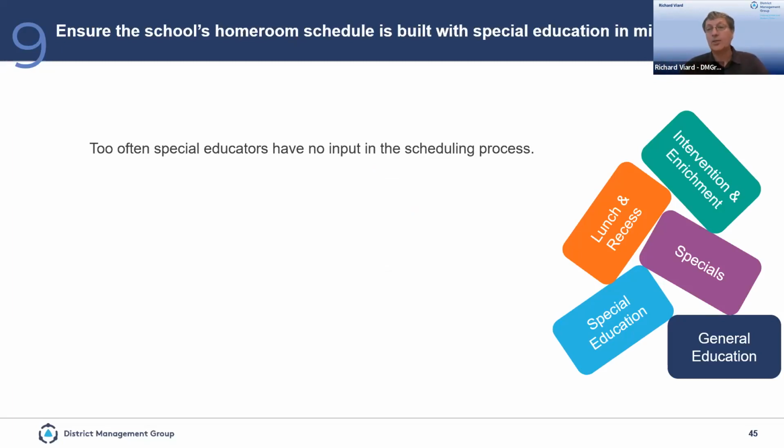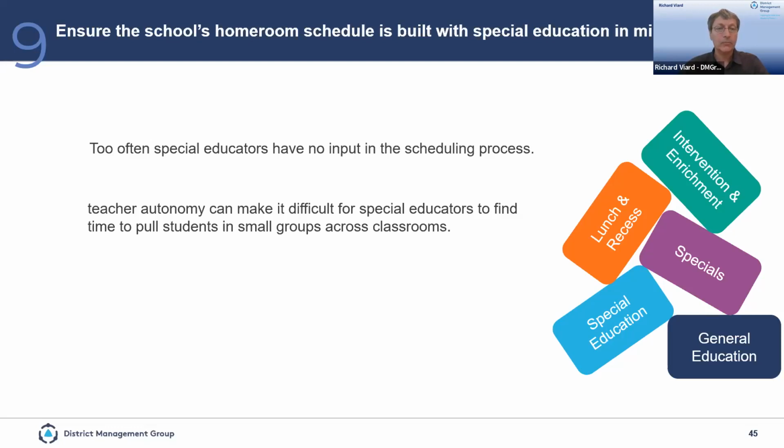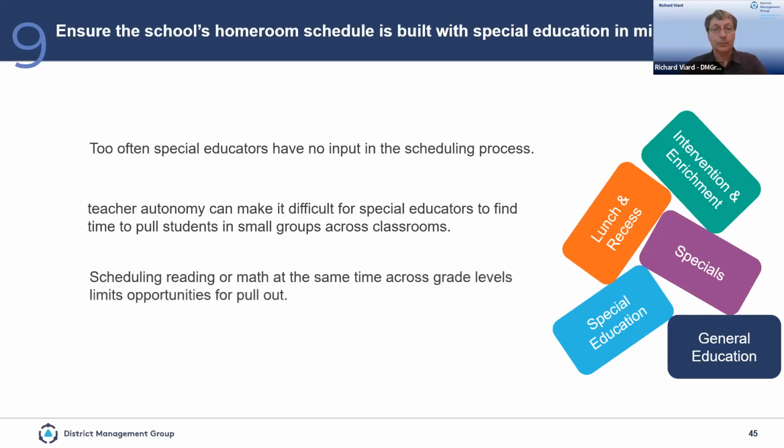And then once the schedule is published, special educators need to find when they're going to pull out students, and maybe sometimes go classroom to classroom to find out when each teacher is teaching reading or math, so that they don't pull out students from these periods. And I'm talking about that teacher autonomy. What we see sometimes is the principal will decide when lunch, recess, and specials occur, and then each teacher has autonomy to create their own schedule, and that makes it very difficult, as you may know, if you're a special education teacher, to then schedule students and try to find the common threads in that schedule where I can pull 3 or 4 students in a group.